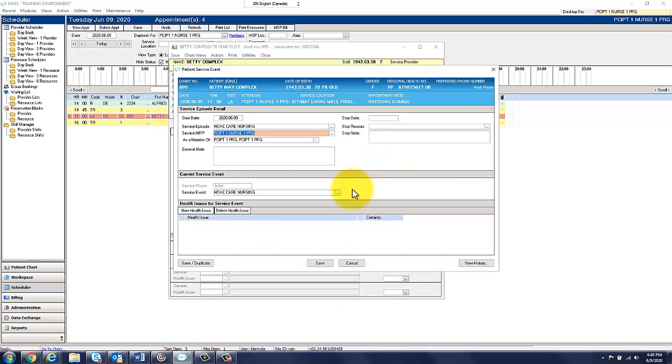Now the ACT code is what you want to select here. So the service episode is those HCC or those MHSU codes. The service event or ACT code, this is what we're doing today at this visit. So we're enrolling them in home care nursing, but what we did today was